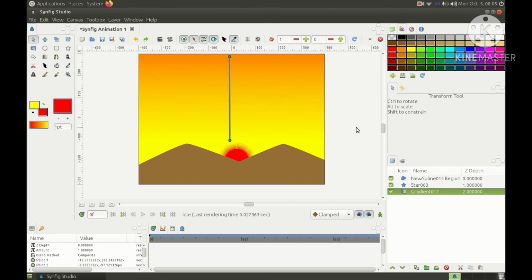Same way, if you want to create a cloud, again for the cloud I am selecting any color and selecting circle.